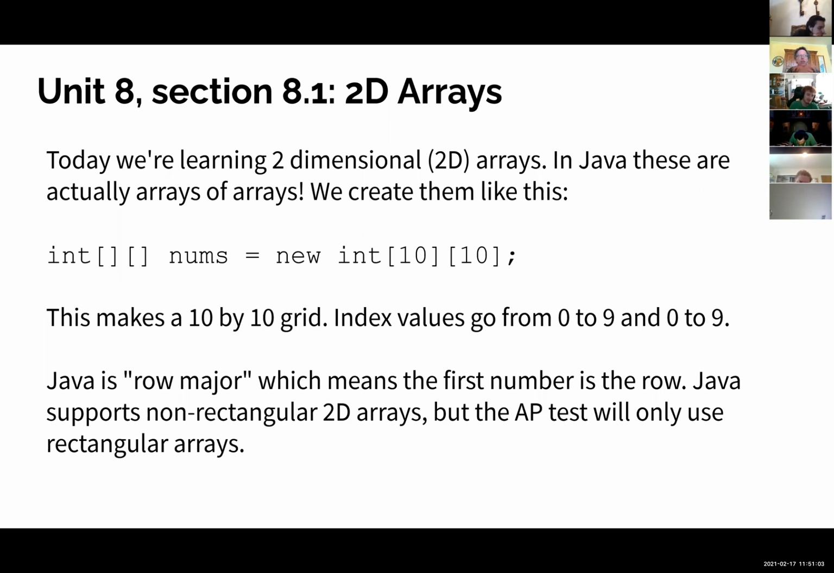In Java, these are actually arrays full of arrays, if you can imagine that. So we create them like this. You do two sets of the square brackets right after the variable type, and then a variable name and the word new after the equal sign, and then you say how big it's going to be. And this one I happen to say was 10 by 10. For a 10 by 10 grid, the index values go from 0 to 9 and 0 to 9,